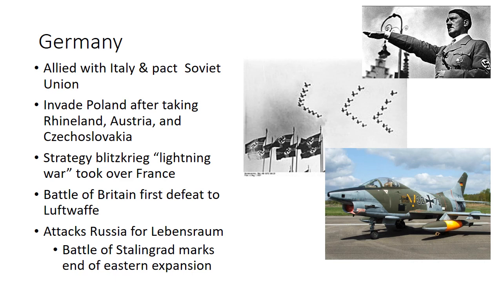As we see here in Germany, they had the common ground of fascism and allied with Italy. And then there was also the German-Soviet non-aggression pact on August 23rd of 1939, where the two nations pledged not to attack one another. And also, during the negotiations, Hitler secretly offered Stalin control of eastern Poland and the Baltic states if Stalin would stand by during the German invasion of western Poland.